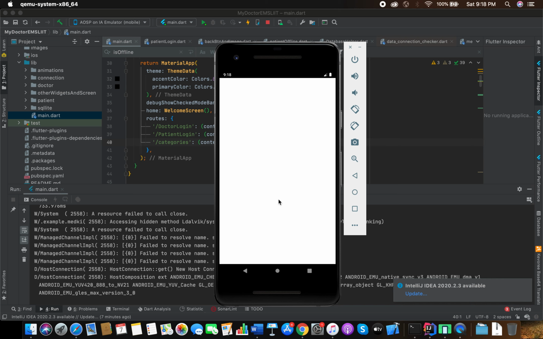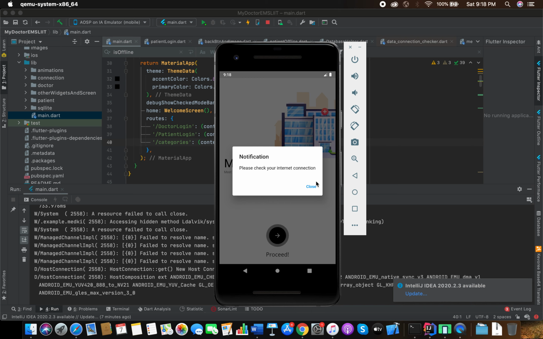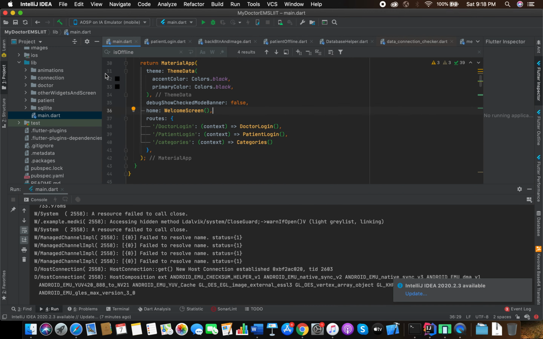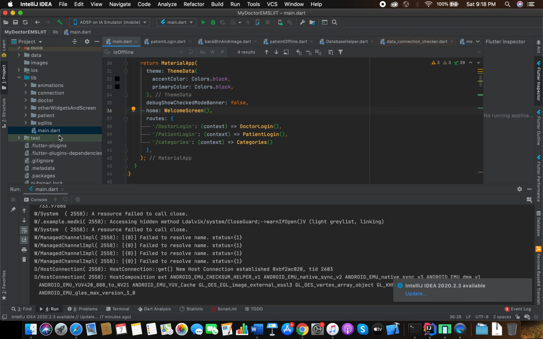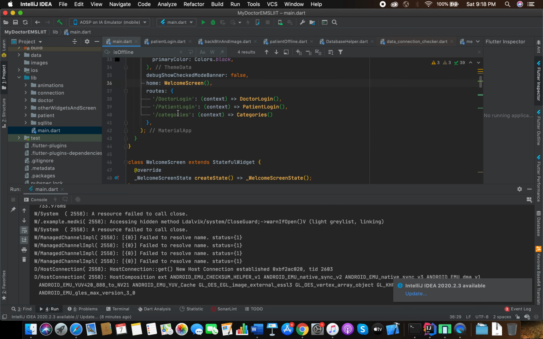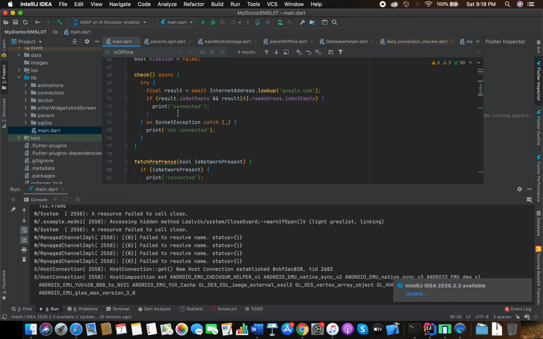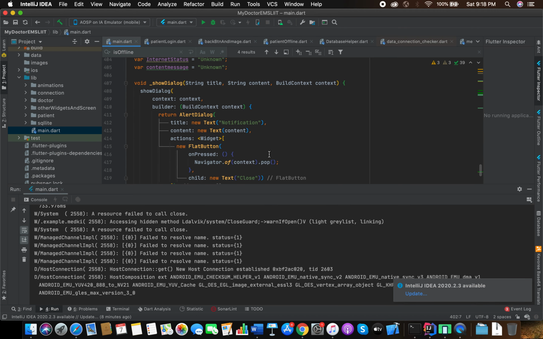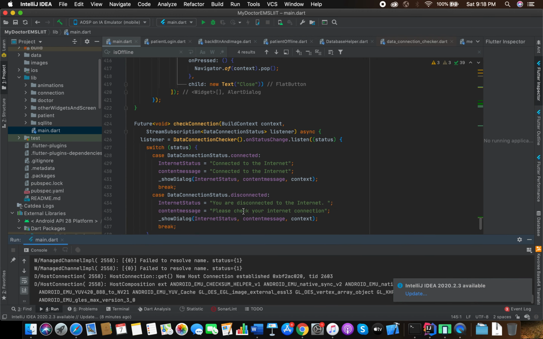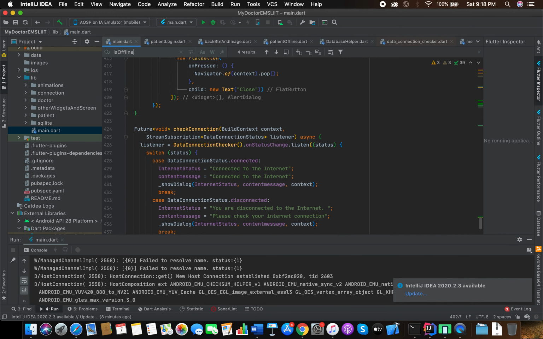If a user logs in to the application, it will be notified. In that case, the application checks whether it is connected to the internet or not. I have implemented some code to check that. In my application, I have set up a check internet connection class. Using the check internet connection class, we can check whether the internet is enabled or disabled.